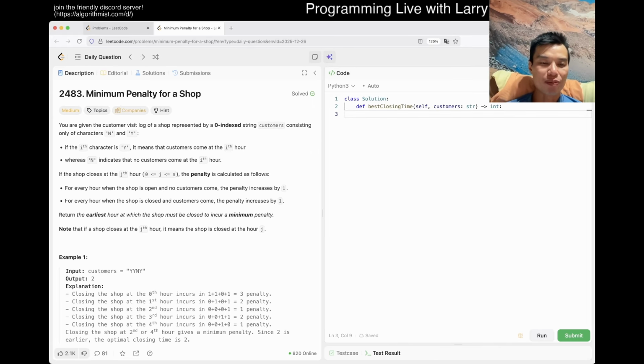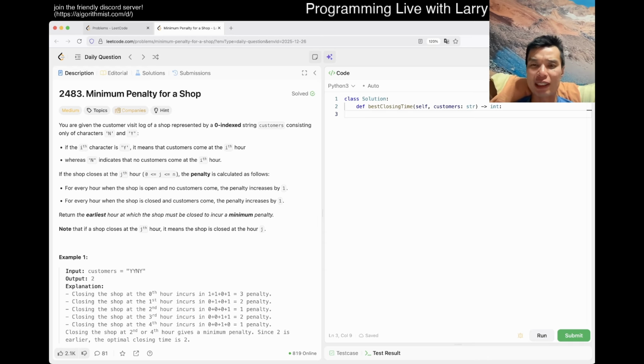Okay, so this is very similar to problems that we've done before, where you're trying to convert the first half to 0, you're trying to convert the second half to 1, or something in between, right? Because the penalty is exactly the same. You have some numbers to the left of some stopping hour, which is some penalty for not matching Y's or N's, I forget which one, and then the same with the second half.